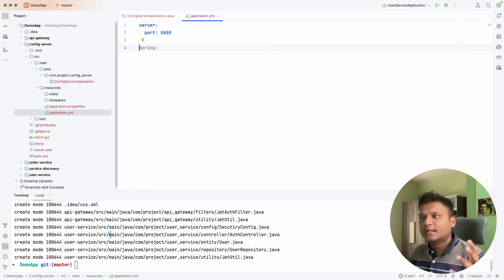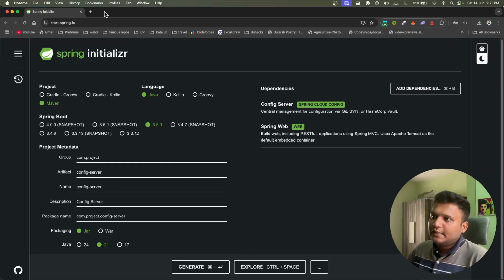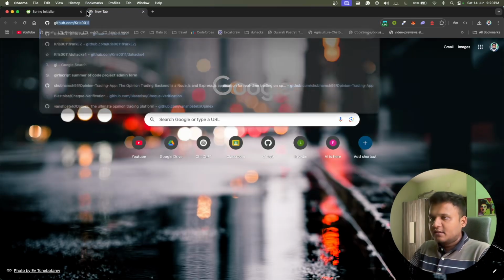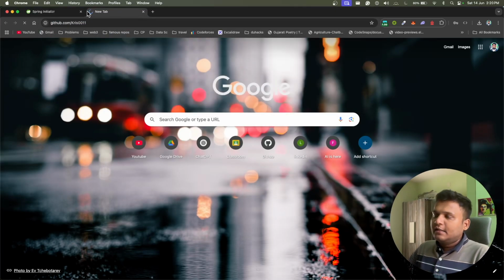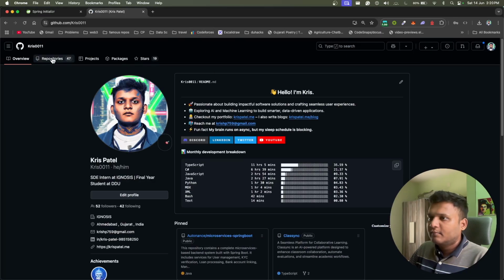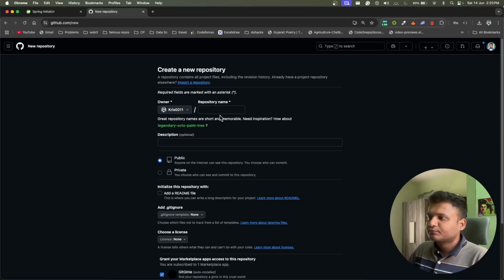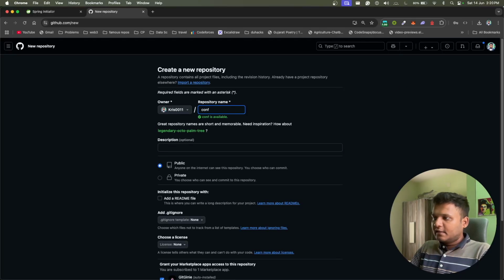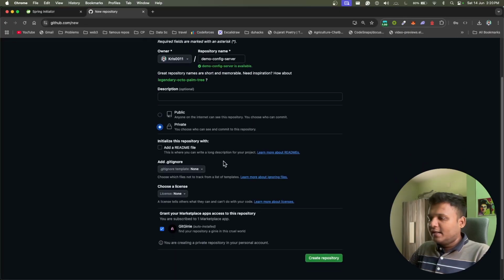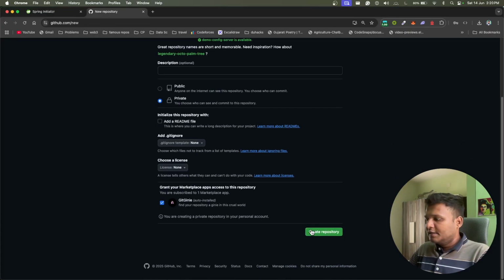I'll be needing one repository where I am going to keep all my config files. So for that I need to create one Git repository. So let's create that as well. For now I'm creating it in my account. So let's create one new repository. We will keep that as demo config server, and let's keep that private. And yeah, create repository,